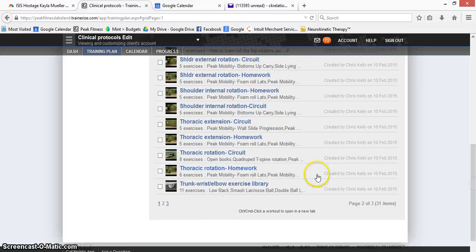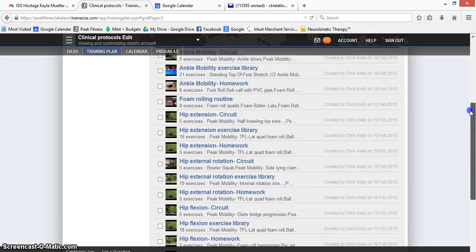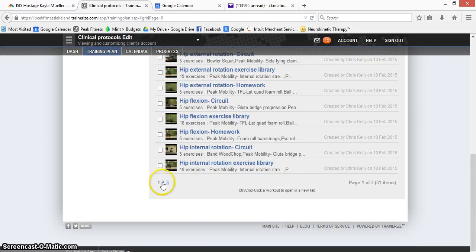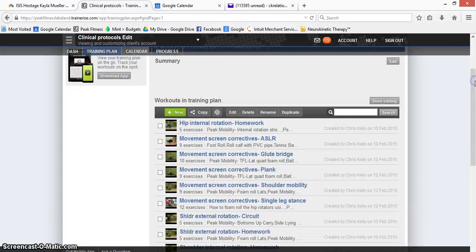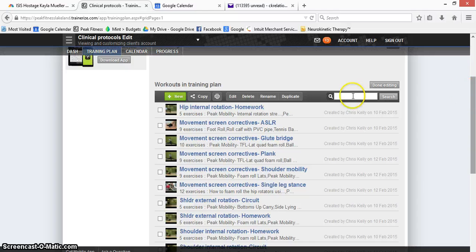Here's the way this works. We basically have clients that fall into two categories. One, we're trying to retrain a movement screen, and that would consist of our top level movement screens. Those are the ones where you screen somebody, you don't have enough time to passively look at their issues, and so you're just doing correctives for that. So let's say we had a shoulder mobility problem. I'm going to click on movement screening corrective shoulder mobility,